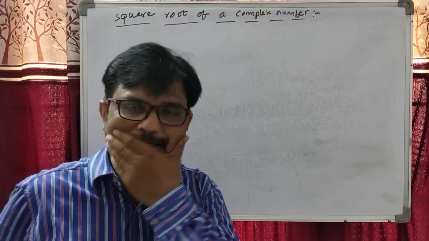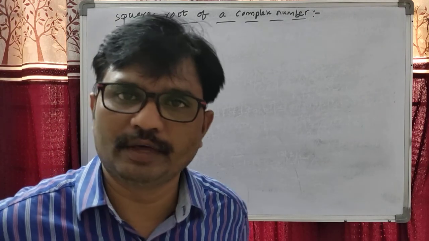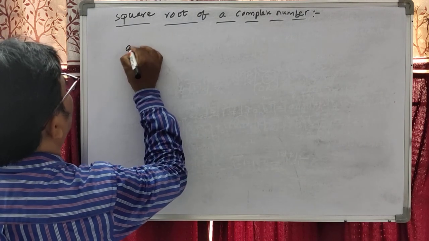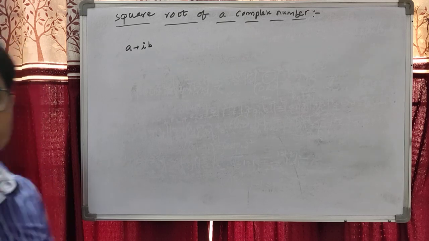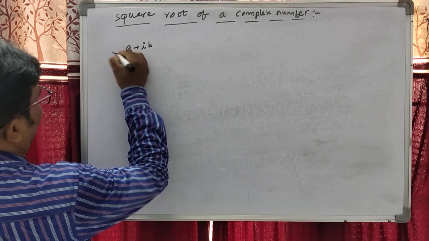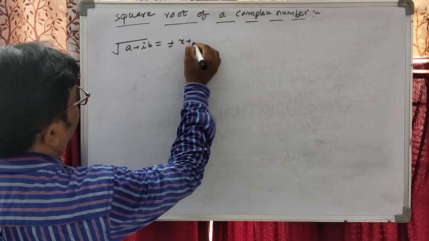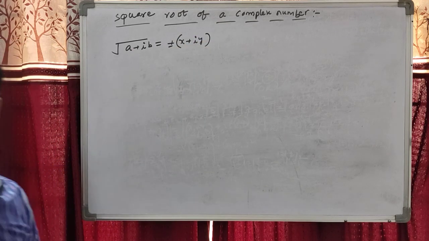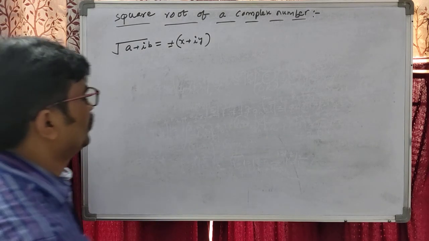Now students, the square root of a complex number. Suppose a plus ib is a complex number. Its square root is plus or minus (x plus iy). The root of a plus ib is plus or minus (x plus iy), where